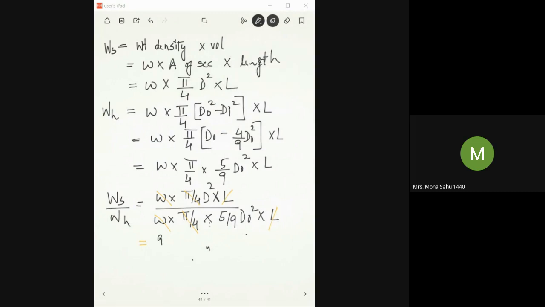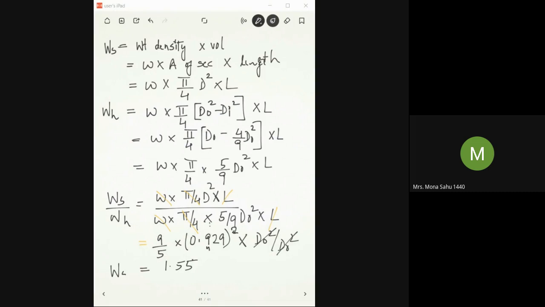We have 9 by 5 and 0.929 square, d naught square by d naught square. So this gets cancelled. So you will get an equation. If you solve this, you will get,